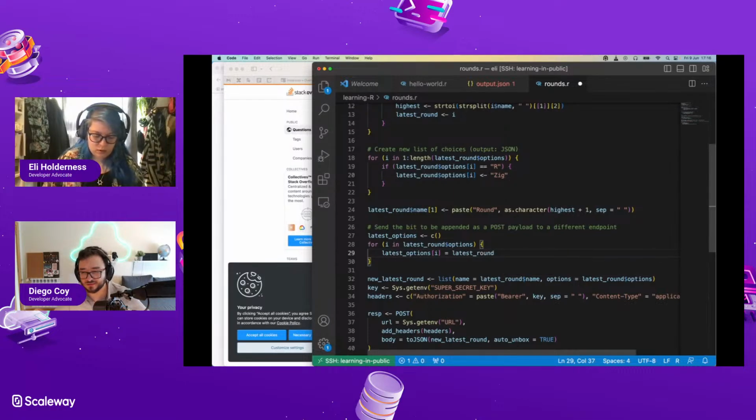Wait, isn't this assigning the value to I? No, this is just looping. Because on line 18, we are using the range, 1:length, and then I becomes a number, the iteration. Yes, you're correct. And I don't want an exclamation point. Then you want the length of that, right? Yes.